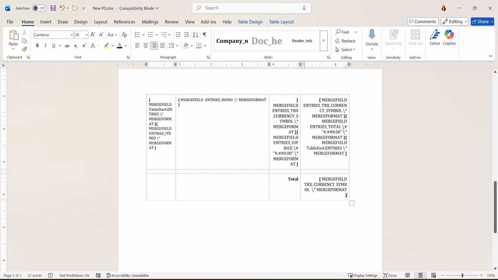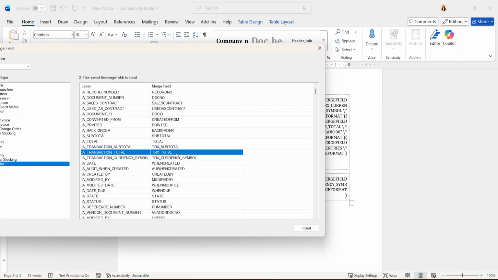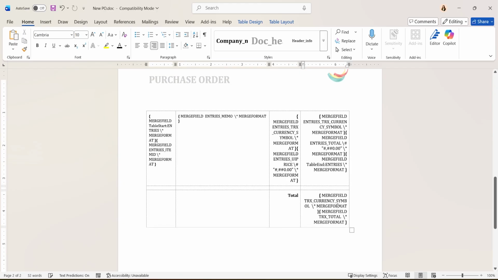And you could see here, after this is how I'm formatting the number with these quotations. Okay, so I'm going to use TRX total right there. So now I should have a $ sign, and this should just automatically do what this is doing. You could also just put a $ sign here. It's really up to you. Make that smaller actually.